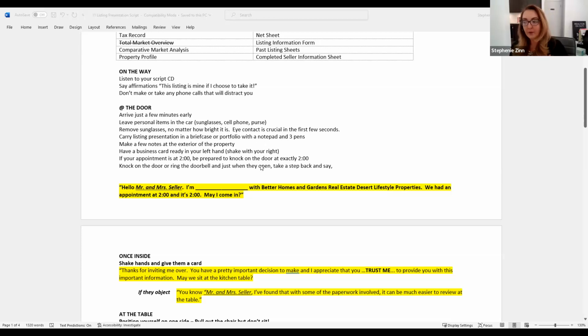So we trained our agents to hold their business card in their left hand so they could shake with their right. If you have a name tag, wear it on the left side, because when somebody goes to shake your hand, it's right in their line of sight on your shoulder. So if you do wear a name tag, wear it on the left side and shake with your right hand. If your appointment is at 2 o'clock, be prepared to knock on the door at exactly 2 o'clock. Ring the doorbell, and just when they open the door,